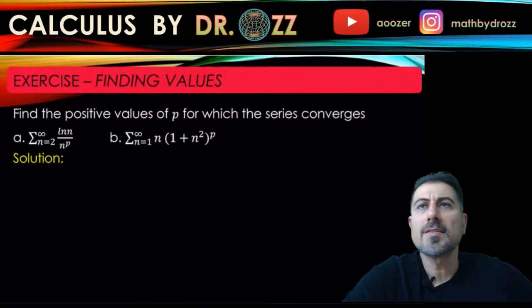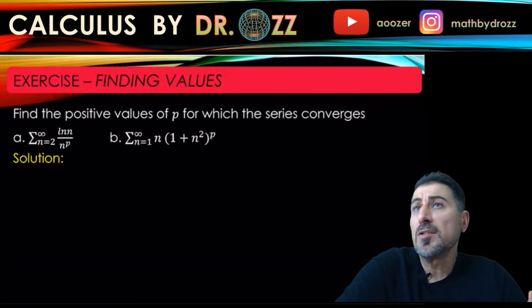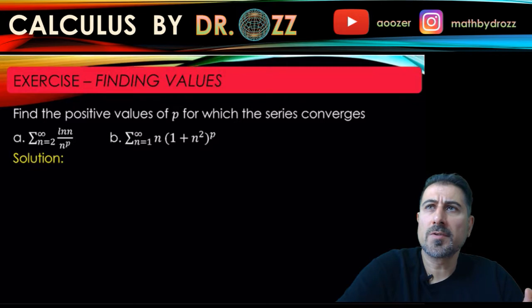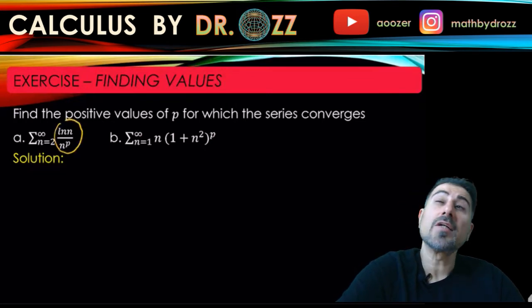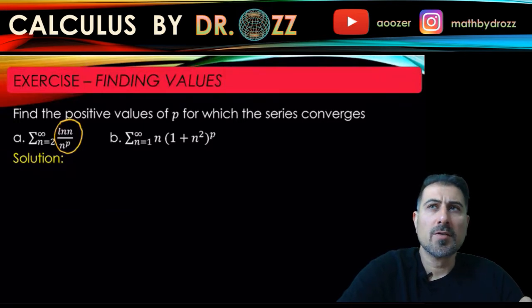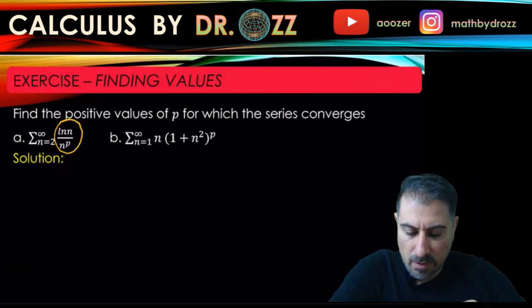All right, let's start with part A. In this problem, as I told you earlier, no test is being told to be used. So for that reason, we're going to try to check what we can use. We can try the integral test because I have the impression that I can integrate ln x over x to the power of p by using integration by parts. So maybe we should go in that direction. Okay, so why don't we start